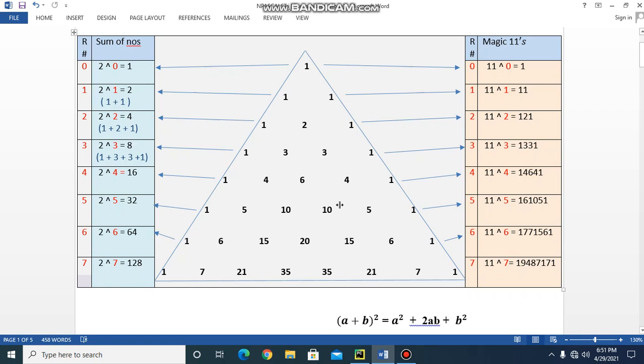So when we have 2 digits, we carry over the digit in the tens place and add it to the previous number. So here this 1 is this 1, 5 is this 5, and the digit in the units place is 0, that is this 0, and the digit in the tens place we add to the previous number 10, so this becomes 11. Now the digit in the units place is 1, that is this 1, and the digit in the tens place is also 1, which is added to the previous number, so 5 becomes 6, that is this 6, and this 1 is this 1.